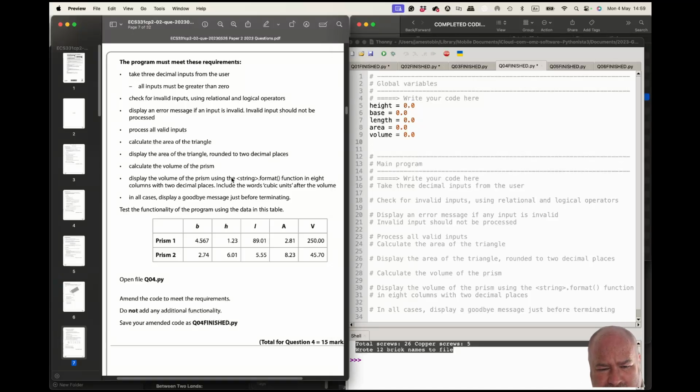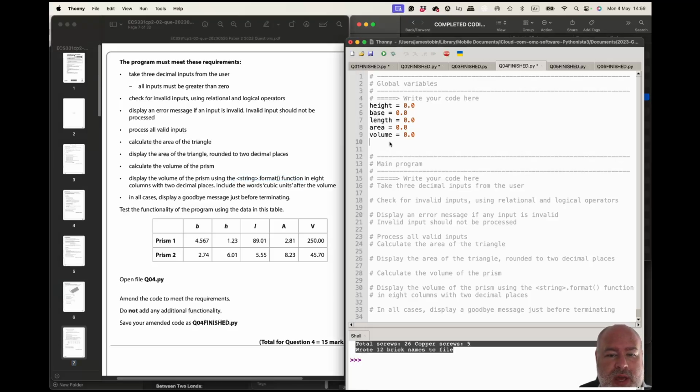Display the volume of the prism using string format function, right, in 8 columns with 2 decimal places. This is a bit tricky, but we can do that using layout equals, and we can have a string layout. Basically, anytime we have these curly braces as a placeholder, so we can say volume is,